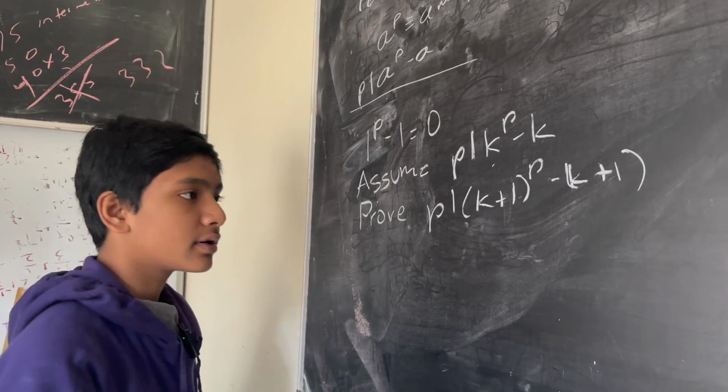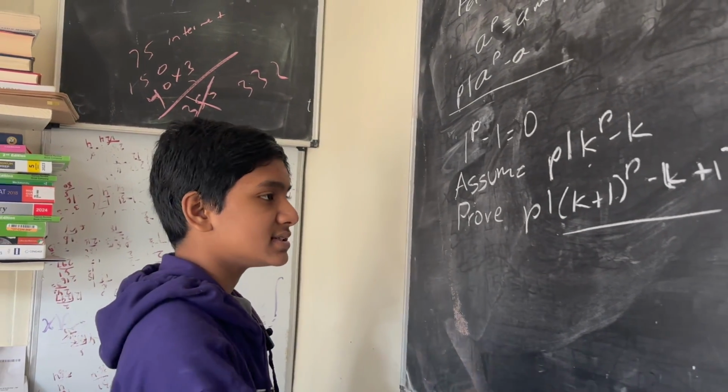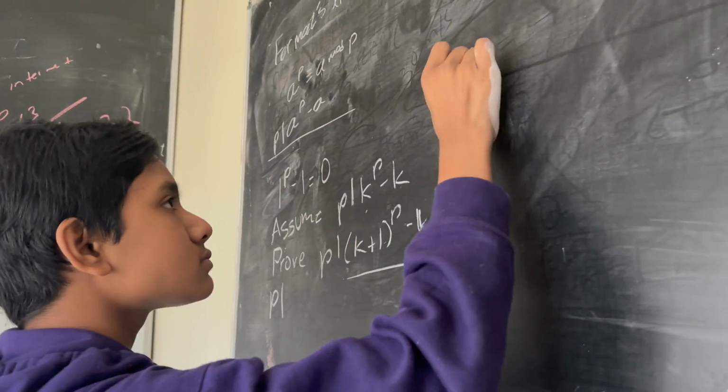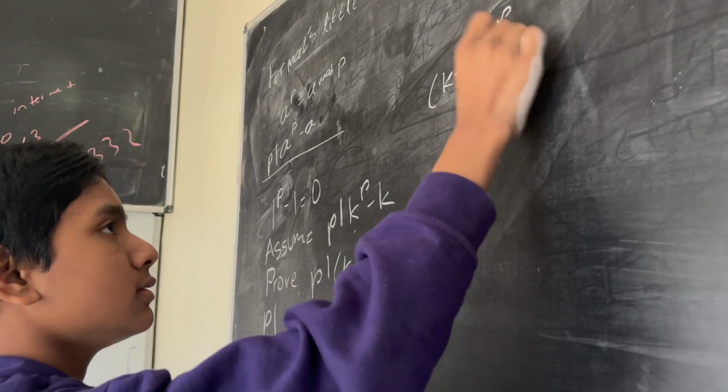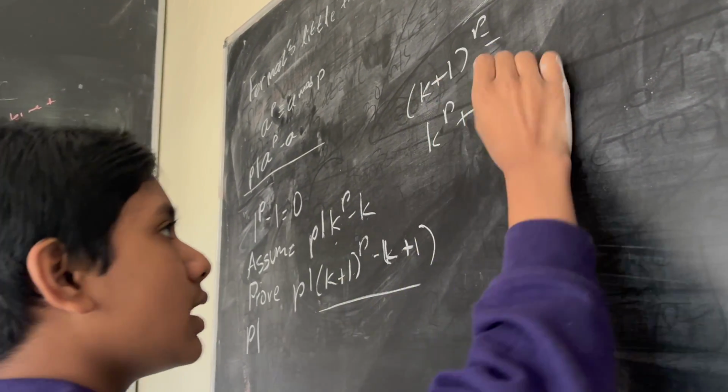And the cycle goes on and on. So first, let's use the binomial expansion. So what is k plus 1 to the p? Well, that's equal to k to the p plus, well,